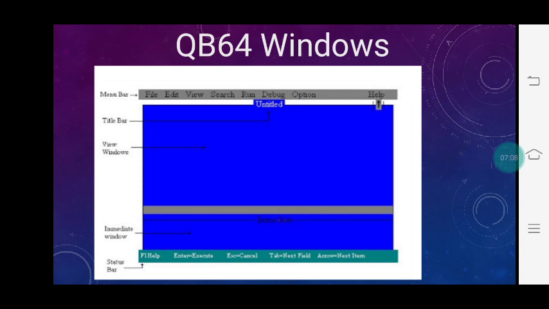The title bar displays the program name, and here that Untitled is the title bar, which gives the name of the current file. The window is divided into two main parts, the program window and the immediate window. The program code is written in the program window, and the status area suggests the syntax for keyword entries and gives the compiler status while compiling.